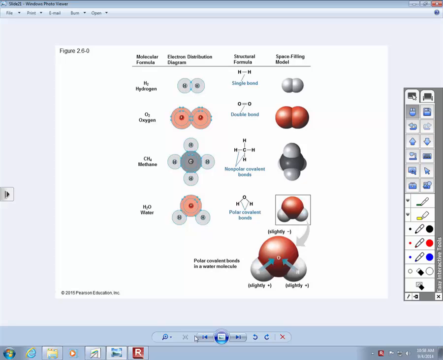So what we're doing, these are all covalent. If you notice, we're sharing electrons. And in this first example, each hydrogen has one proton and one electron. If you're looking at your periodic table, you will be able to tell that. The atomic number is 1, and if you look over in the upper right of that little box, there'll be a little 1, and that tells us that we have one electron. So that first shell